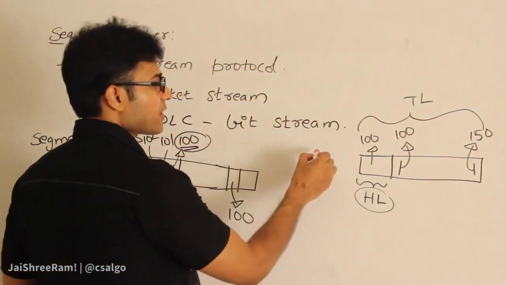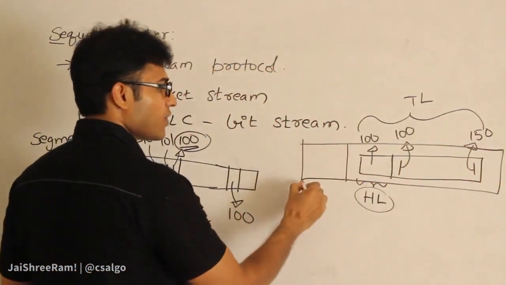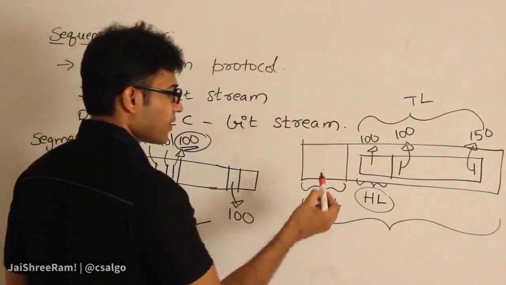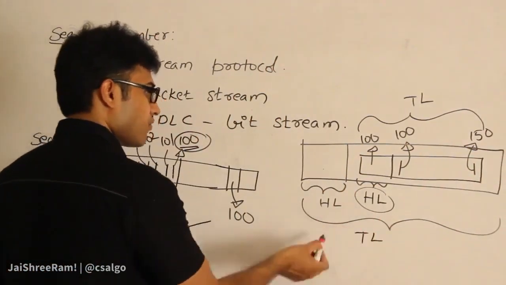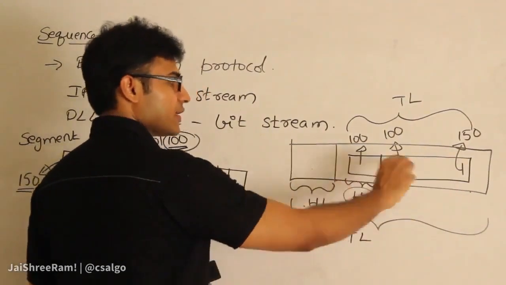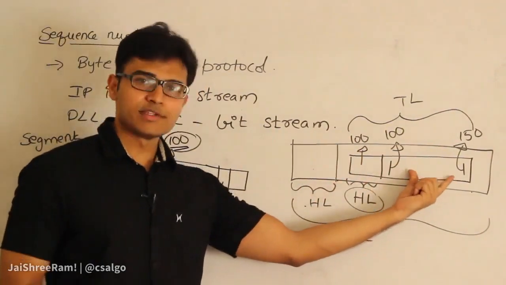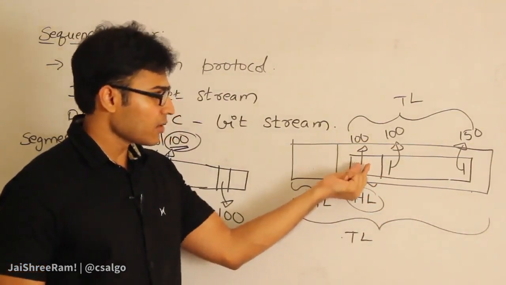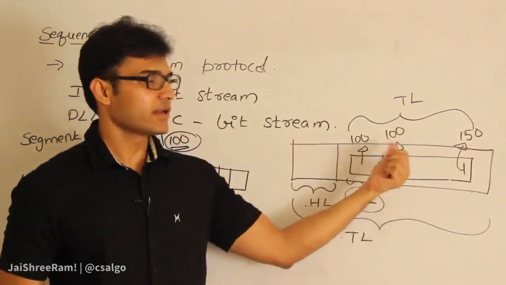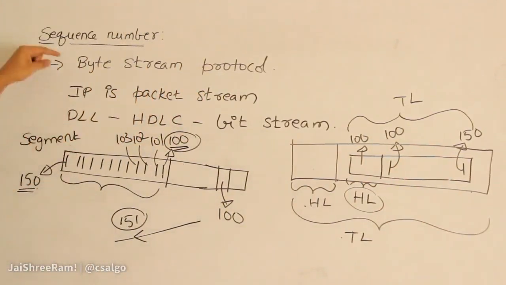Every TCP segment travels in an IP datagram. The IP datagram has a header length field as well as a total length field. From the total length, if I subtract the IP header length, I get the entire segment length, and from that, if I subtract the TCP header length, I get the body length of the TCP segment. Then, using the first byte sequence number and the size of this segment, I can calculate everything, isn't it? We shall see a problem later, but for now understand that